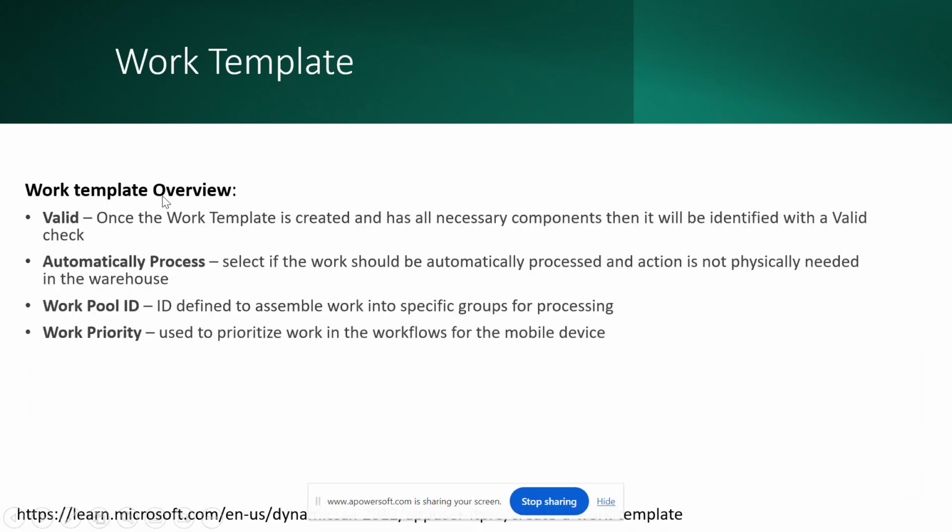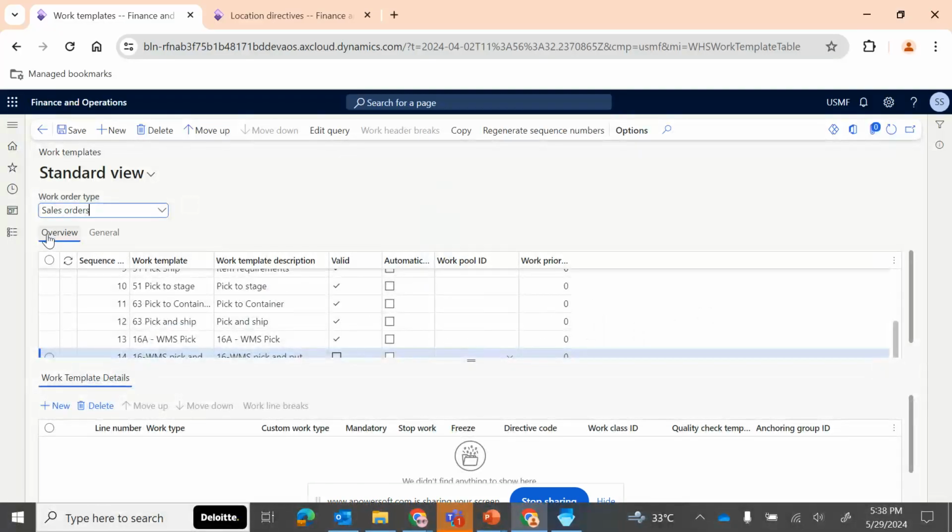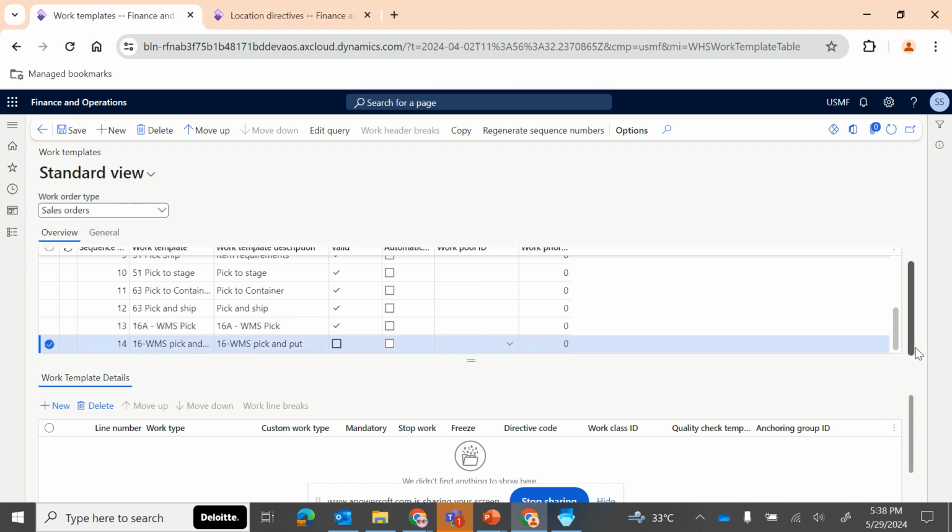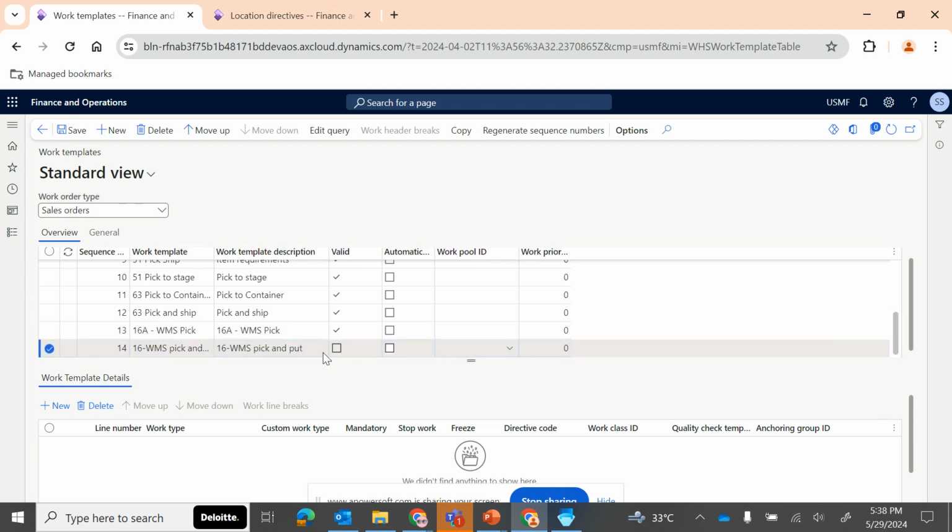So we have two grids. Like I said, one is overview, another one is details, right? So let's say we have created 16 hyphen WMS, which is the work template we created. And the first point is